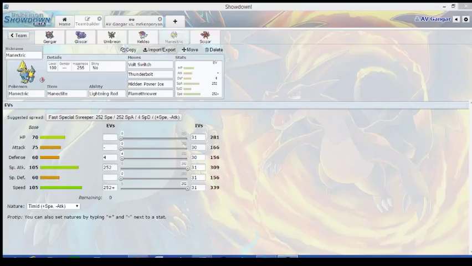Going from there, we've got our Mega Evolution slot here in Mega Manectric, and Mega Manectric is pretty much the best Mega option for my team. Because if you look at my team, I have a Levitator and a Flying type. So 9.5 times out of 10, my opponent is not going to be clicking Earthquake